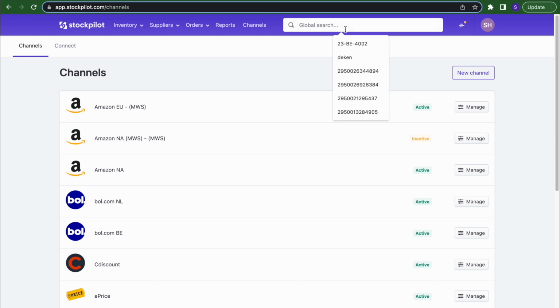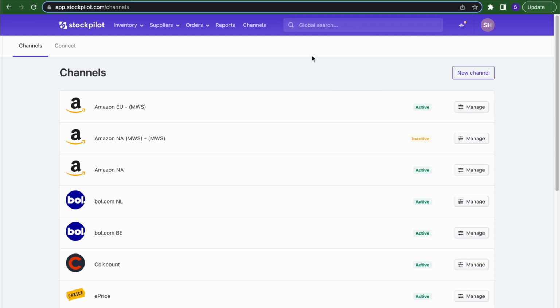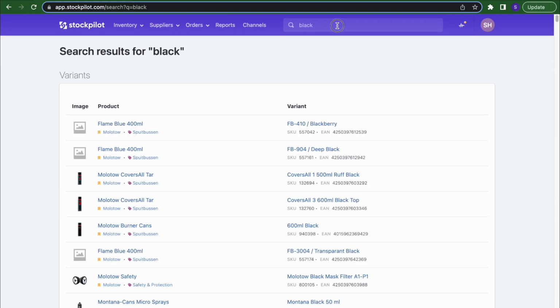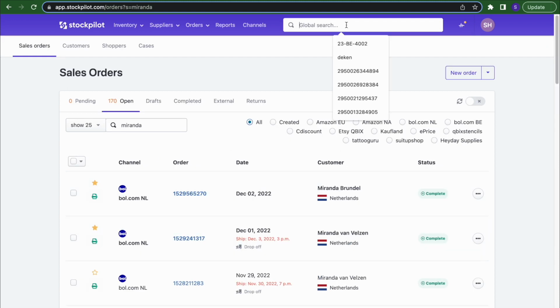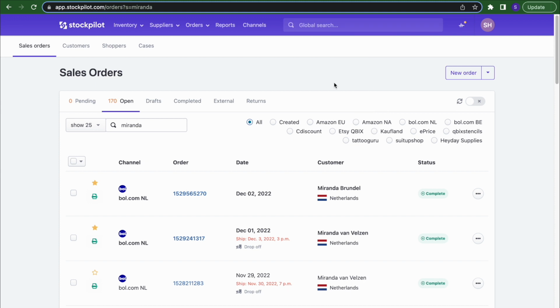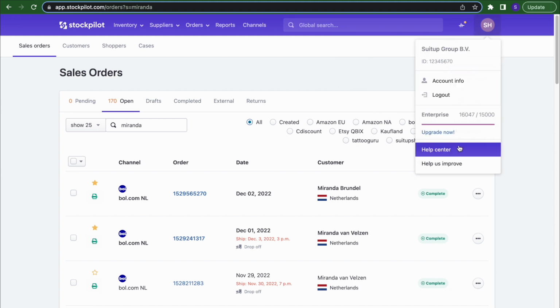In the search, normally you will find items. For example, if I do black, it will show me all the black items. If you want to search orders, for example, you do O semicolon, just a random name. And we see all the orders with the value Miranda, which is a Dutch name. If you want to know more about these kind of little tricks like the shortcuts, you can go to the menu item and to the help center or